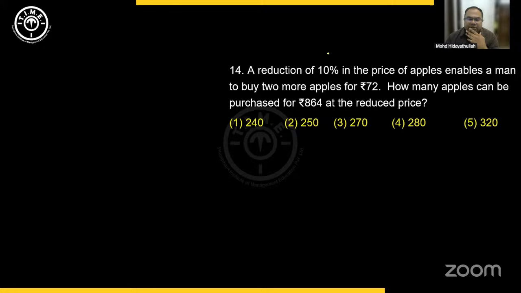Try this question. Try this question. Don't write equation. If you write equation, anybody can solve. A reduction of 10% in the price of the apples enables a man to buy 2 more apples. I am having amount 72. I am not interested in equation. You can write equation, but I am not interested in that. Right? Actual price